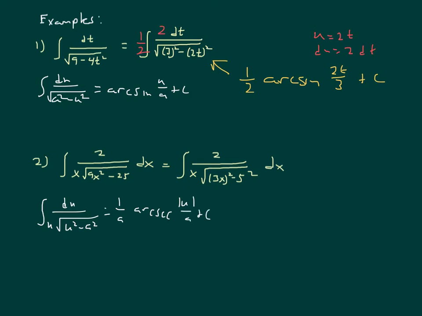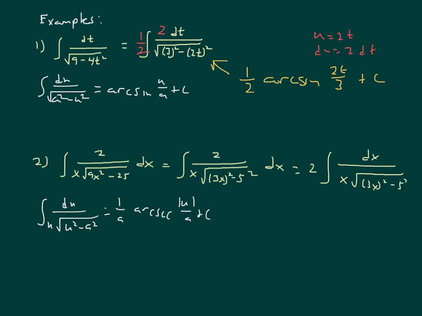So in this case, what's really going to be key is that I recognize u and that I have the du as well. So I can work with that in the problem. The first thing I'm going to do is take that 2 and bring it out. So that's going to be 2 times the integral of dx over x times the square root of the quantity 3x squared,